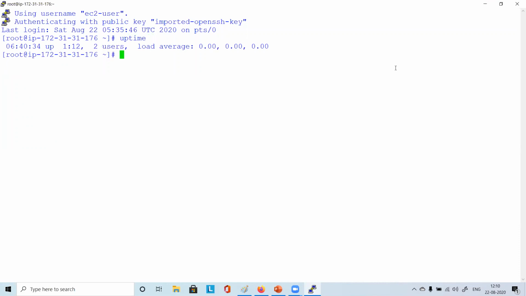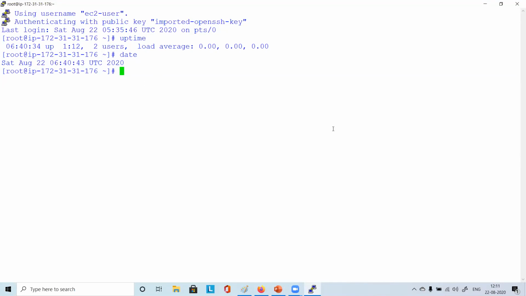My system is up for 6 hours and 40 minutes? Since 6 o'clock. You see, the timestamp is telling 6:40. It has taken from the new IP; since it got the new IP, since then it is showing that it is up and running.